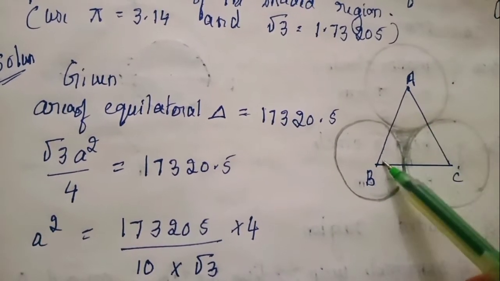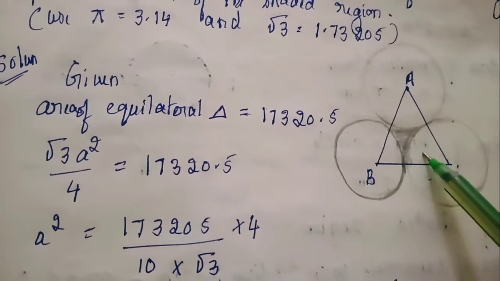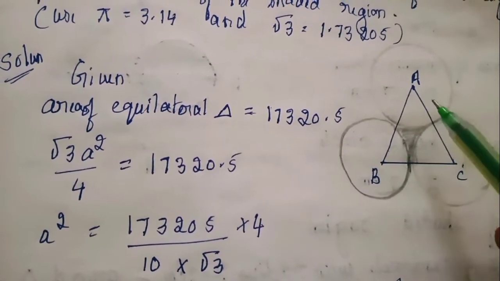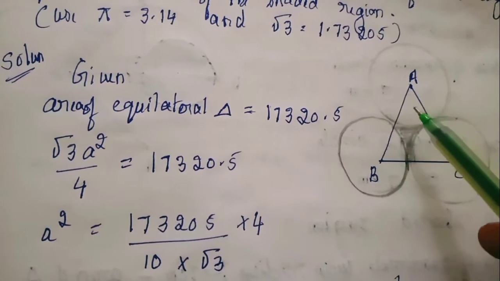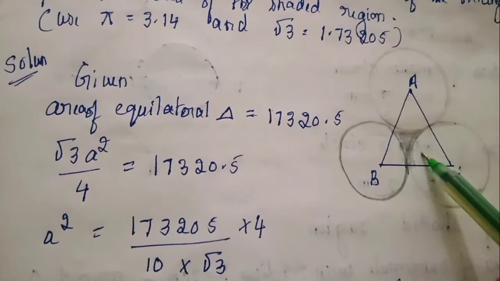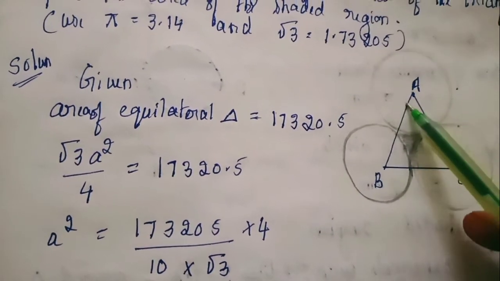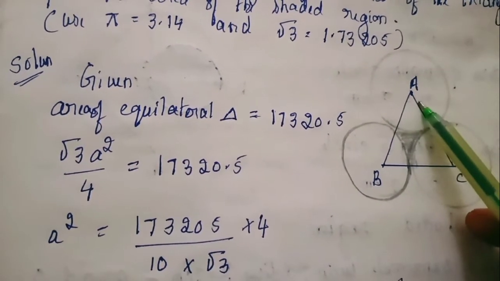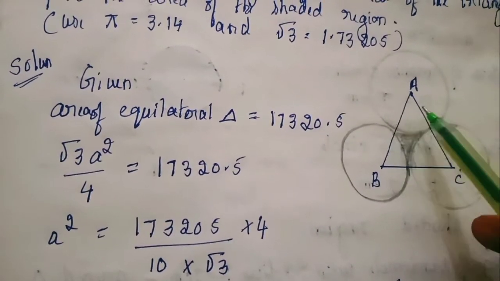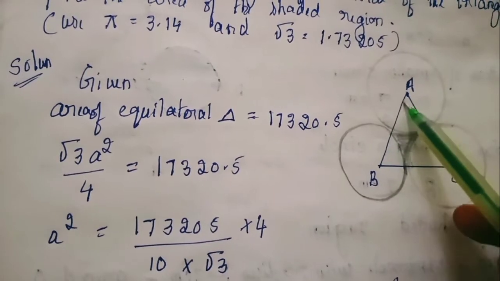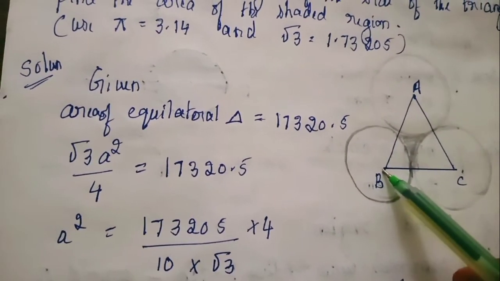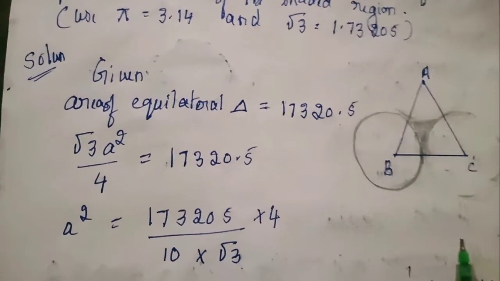What shape is a corner? They are sectors. So the area of the triangle, that is the equilateral triangle, minus 3 times the area of a sector. All the three sectors are the same. What is the angle of the sector here? 60 degrees. To find the area of a sector we need the radius. Theta we know already, we need the radius. And to find the radius we need the side of the equilateral triangle, which he has not given. So let us find it now.